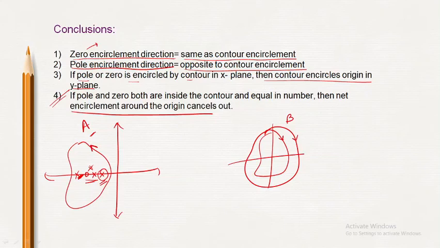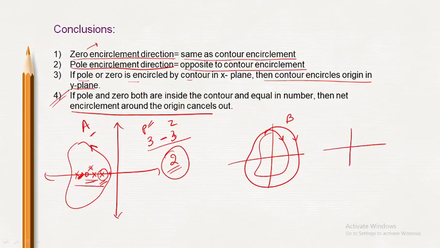So if you are getting 2 poles inside, like you have in total what you are having over here, you have got 3 poles and 1 zero. Okay, so you got 3 poles, 1 zero. So how many times the encirclement? You just subtract it. So 2 times encirclement. It will encircle 2 times, and because these are poles, the direction of encirclement will be opposite. Okay, so 2 times this will be encircling the origin. Now what if I get 2 more zeros, like you get 3 zeros and 3 poles, then there will again be no encirclement about the origin.